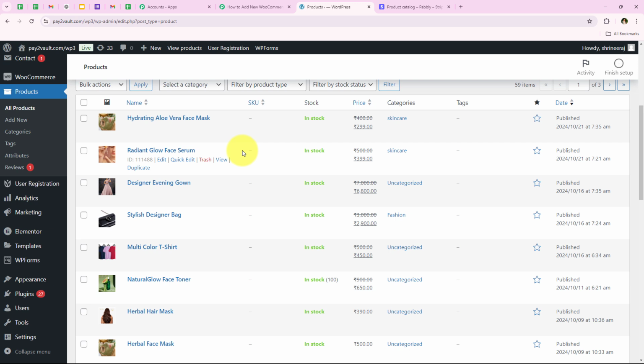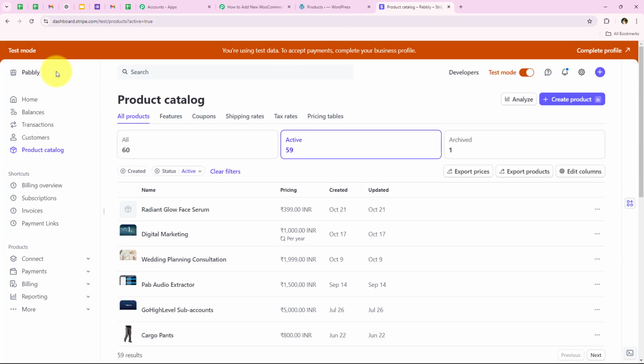And now what has happened is that WooCommerce has sent the details of our test submission to our workflow. Pabbly captured the response, triggered the workflow, and further created a new product in our Stripe too. So what I'm going to do is I'm going to open my Stripe and check for the new product created. And this time we are not going back to our workflow and clicking on save and send test request. I'll directly open my Stripe right from here, and we are going to refresh this product catalog to check for